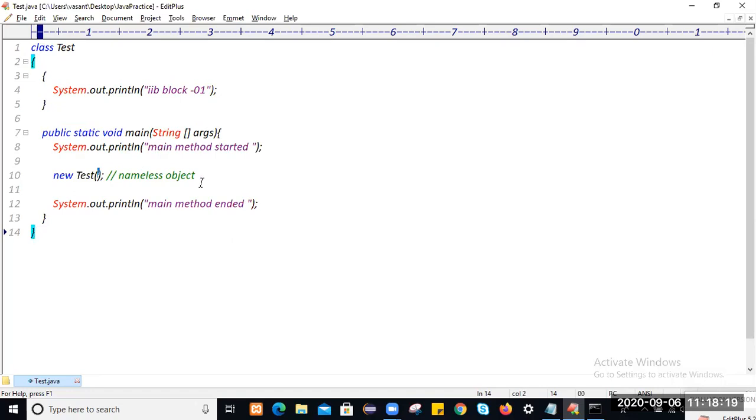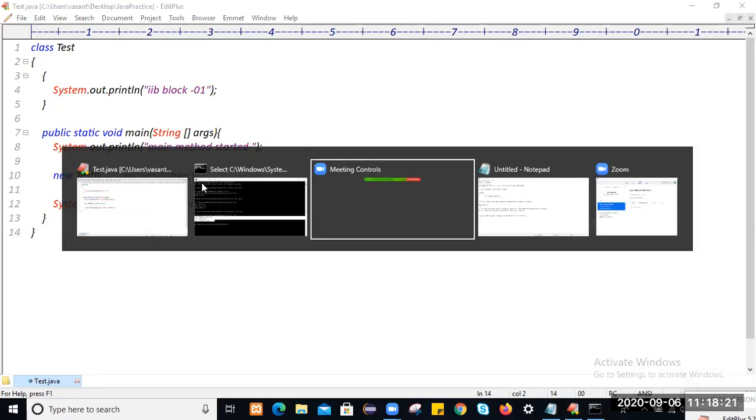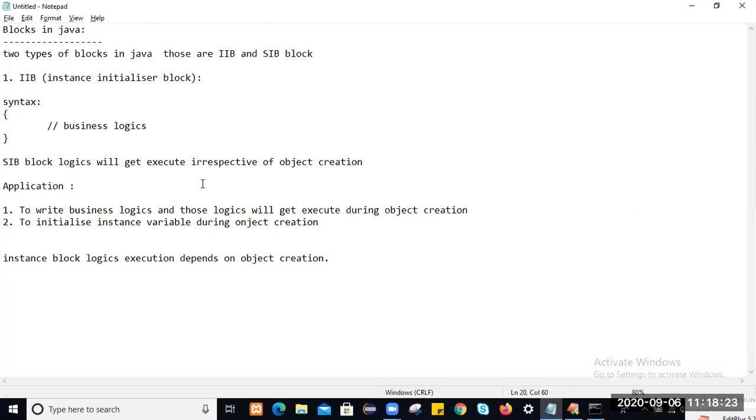Just write down: the moment we create an object, the IIB block will get executed.